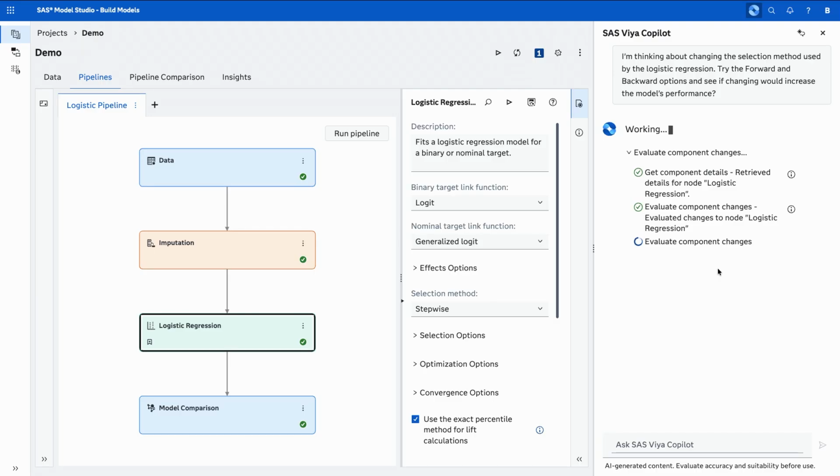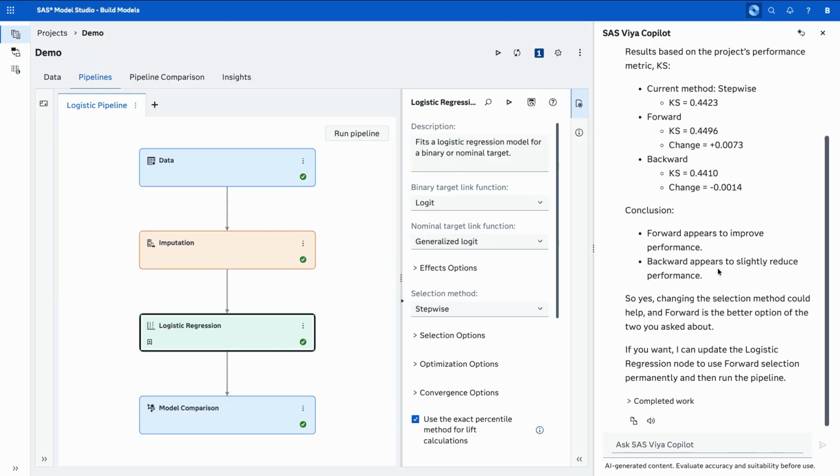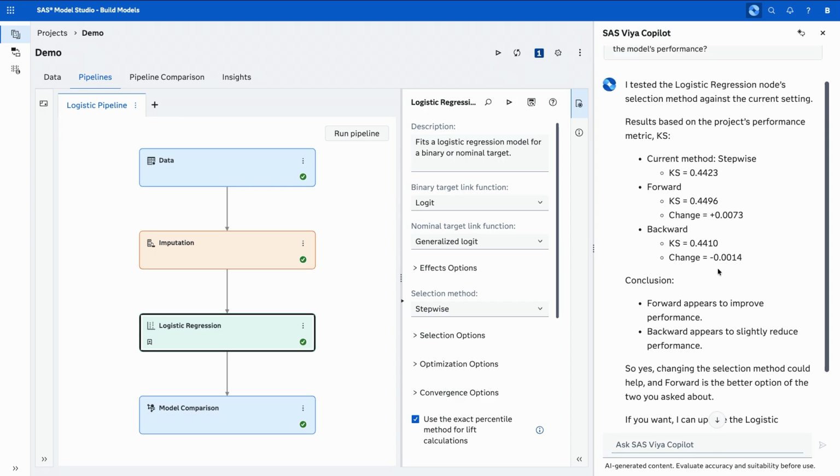The other nice thing about this is I haven't actually had to change the existing model. So I'm not actually required to go in and make those changes. Copilot can do it off on a separate set of nodes. It's still reusing the first two nodes that I have and all the other values from that current node, but it's doing it off to the side for me so I don't have to actually change my node if I don't want to. So it's now come back with that result,